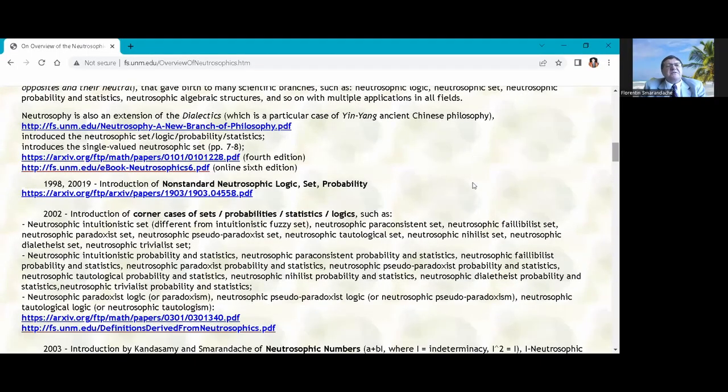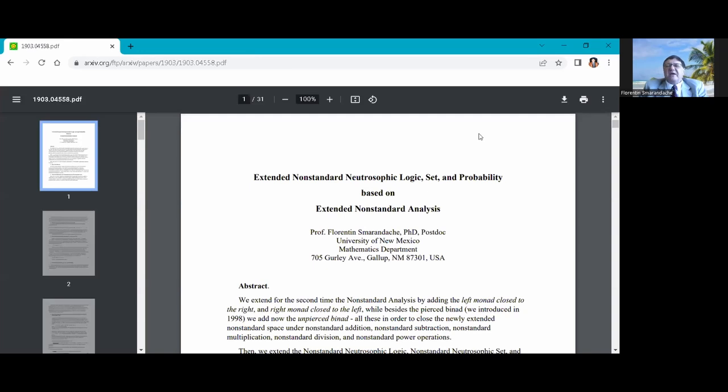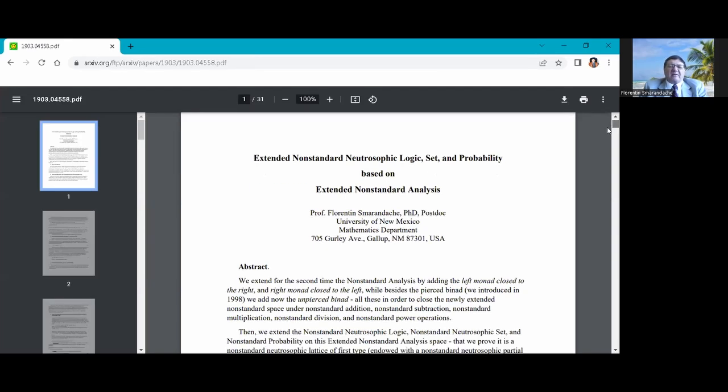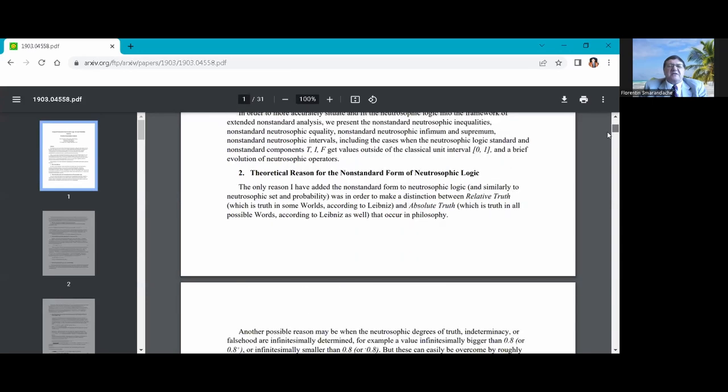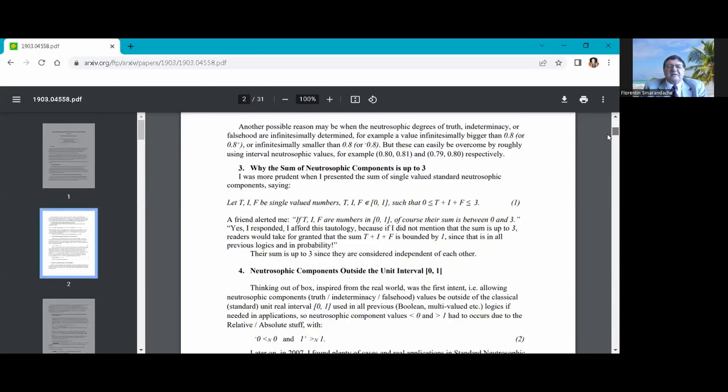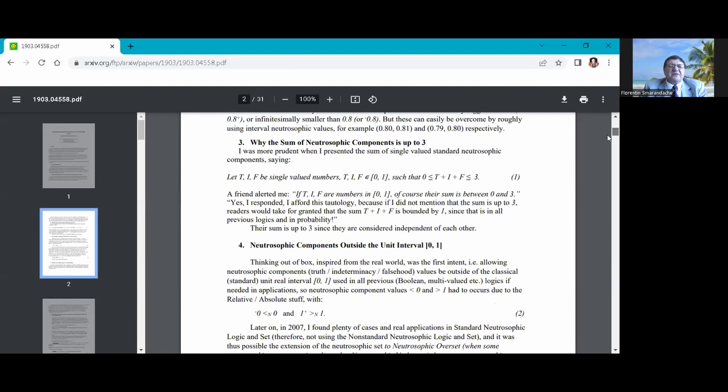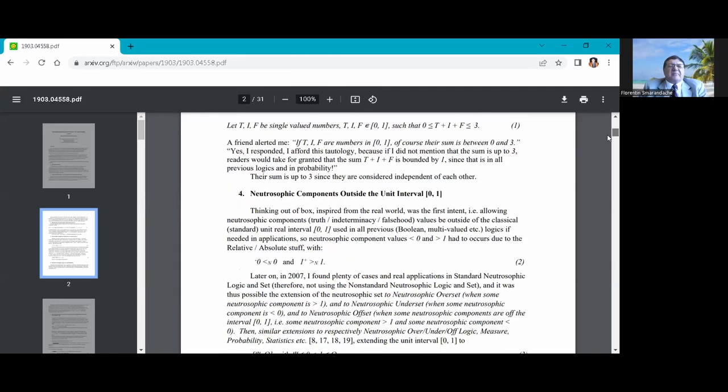Because of non-standard analysis, there was a problem making researchers understand the definition of Neutrosophic set and logic. So on